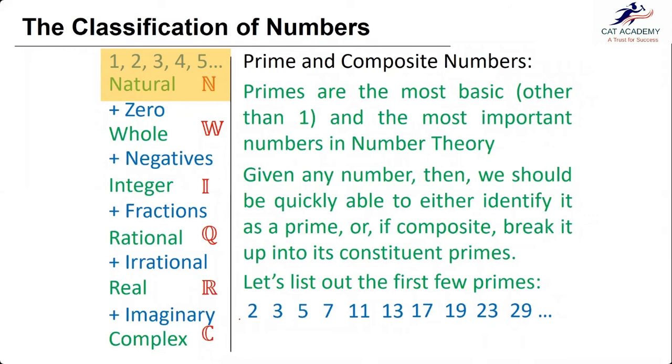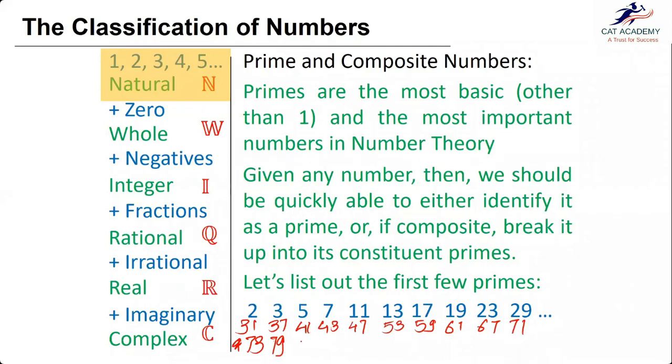Chalo. 29 के बाद 31, 37, 41, 43, 47, 53, 59, 61, 67, 71, 73, after 73, 79,